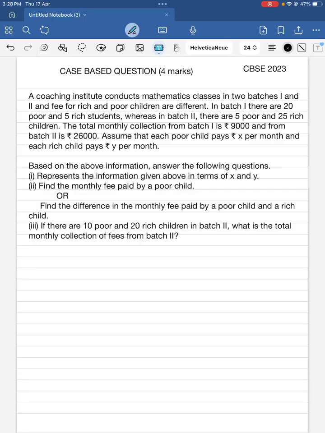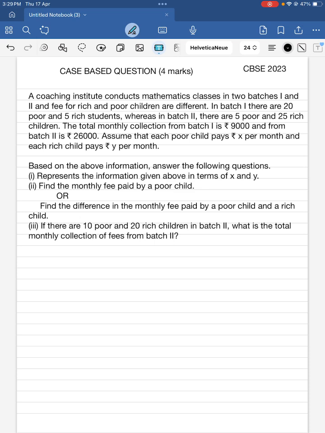Hi, this is a case-based question asked in the CBSE 2023 board paper. The question is like this. A coaching institute conducts mathematics classes in two batches, 1 and 2, and fee for rich and poor children are